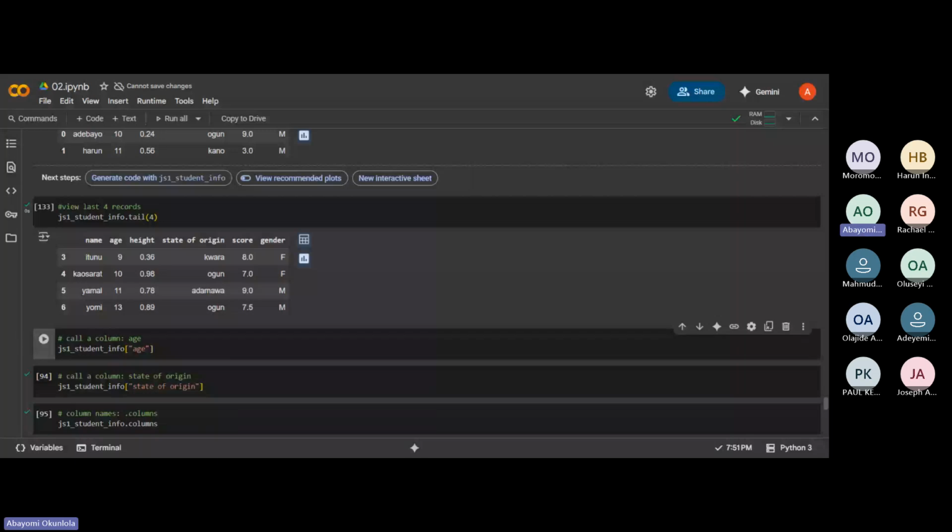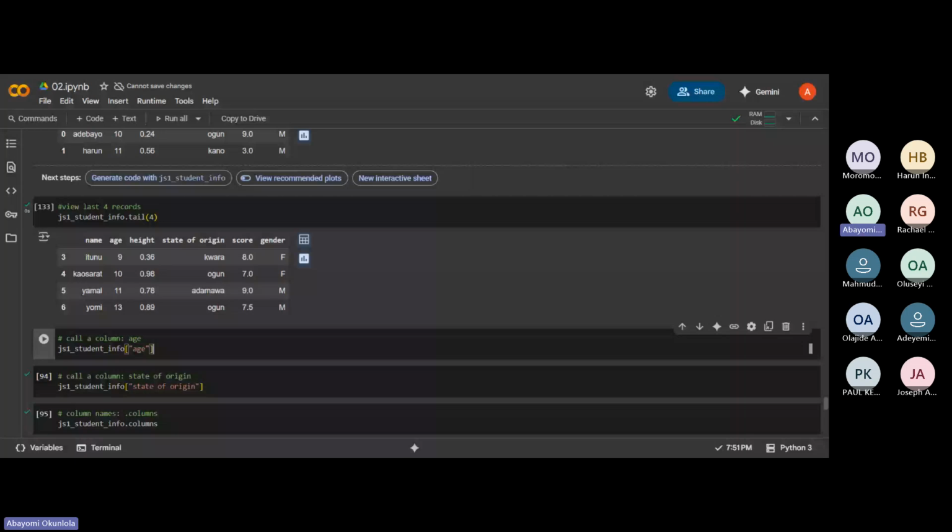To specify a particular column, all you need to do is bring up your data frame name, and then you have your square brackets, and then the name of the particular column you want to call.